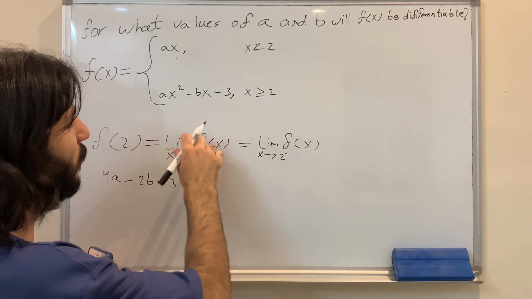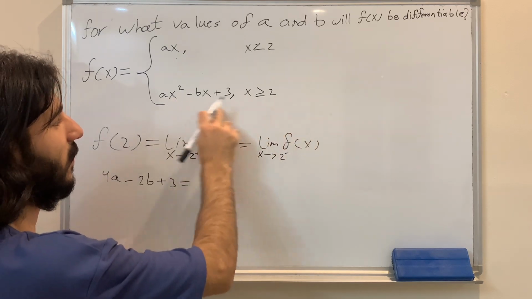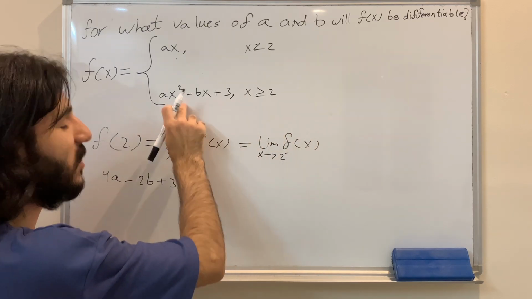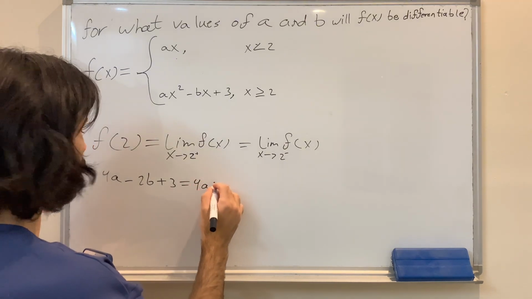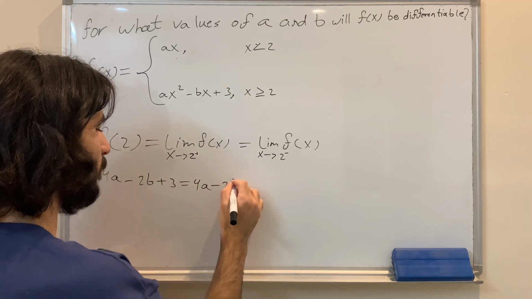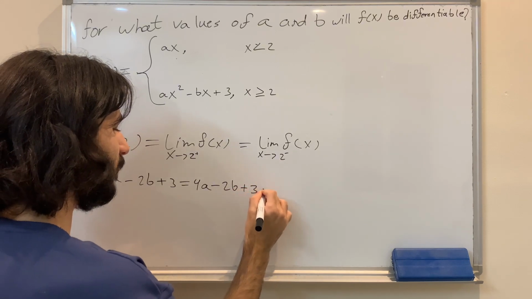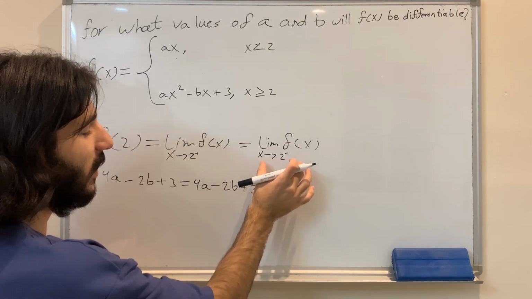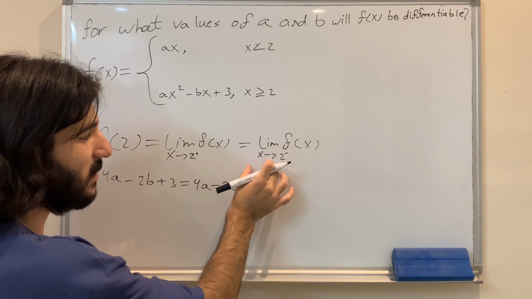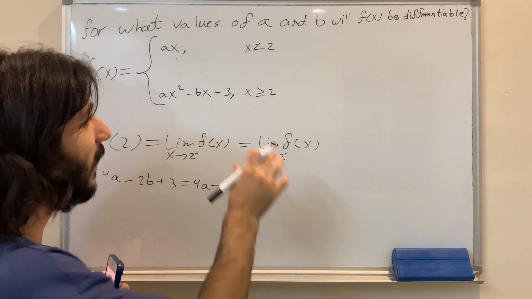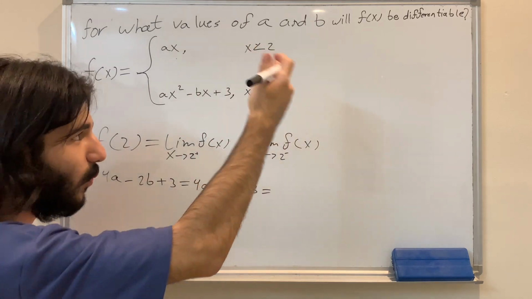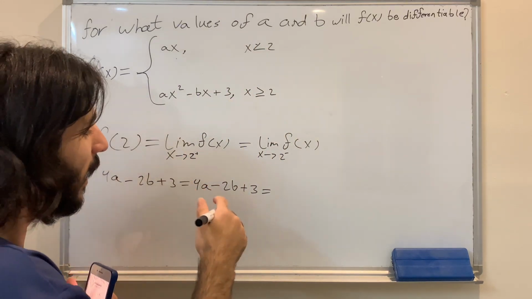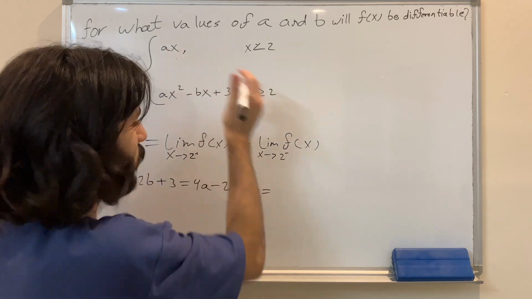So we're gonna plug in 2 in this again. So that's gonna give us again 4a minus 2b plus 3 equals the limit of f of x as x approaches 2 from the left, and this is this one, ax, when x is less than 2. And so we plug in 2 into this again and we get